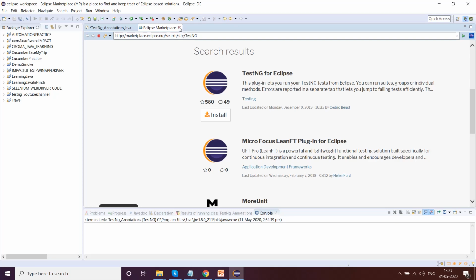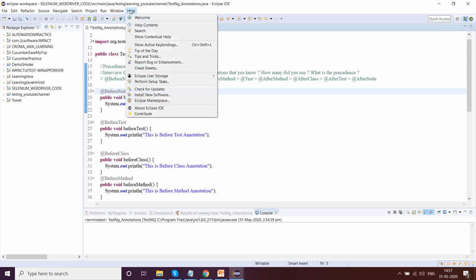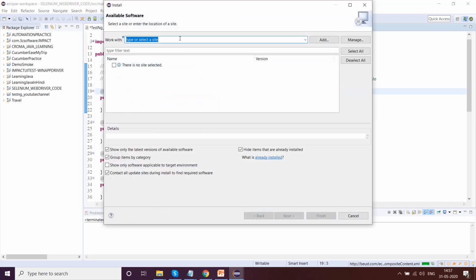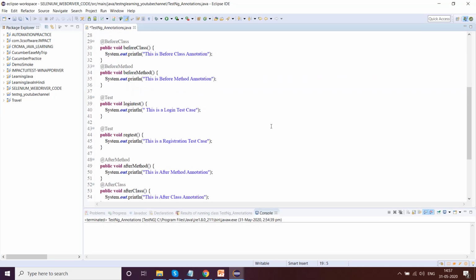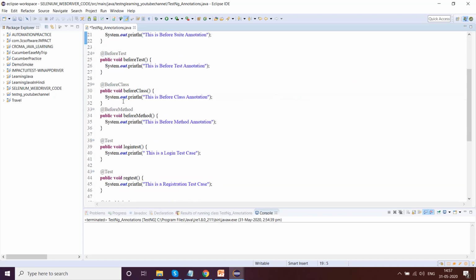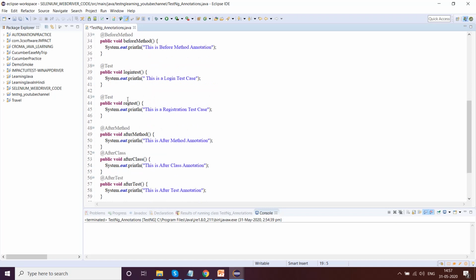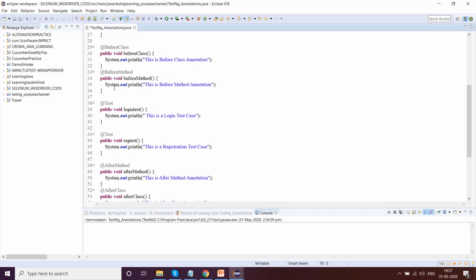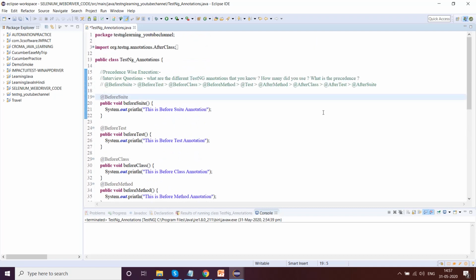So it is much better to use Help, Install New Software and directly put the update site URL for the release. Just remember, at the end you will not include that dot. You just remove that dot, and then it should be fine. And that's mostly it. I hope you like this session. In the next session I'll tell you about the importance and significance of all these annotations, especially the significance of before method alongside after method. So I'll tell you the significance of all the annotations.